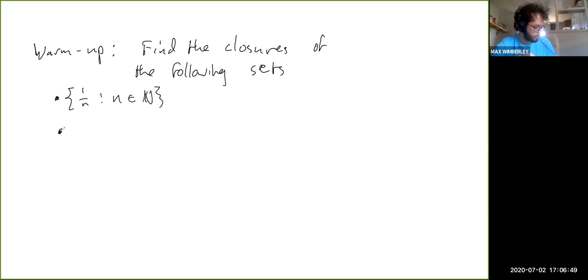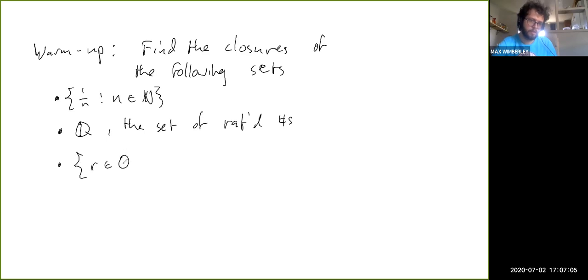The next one will be Q, so then the rational numbers. All the rational numbers for which r squared is less than 2. And actually, one extra one, the set S, which is the set of